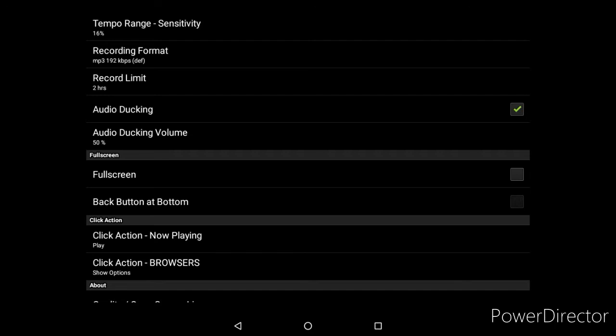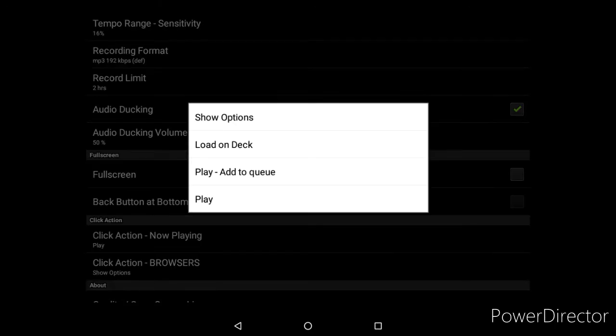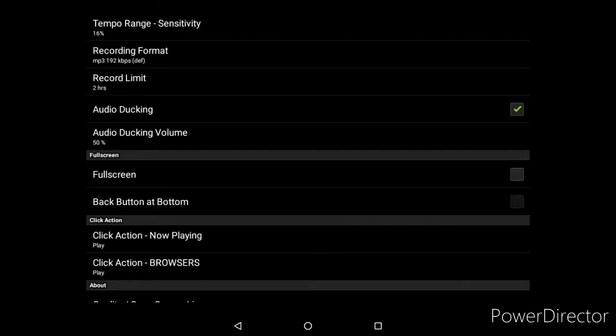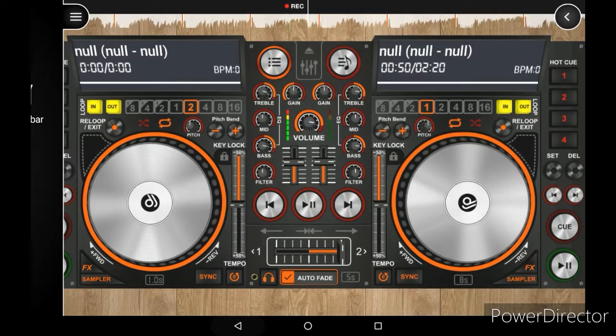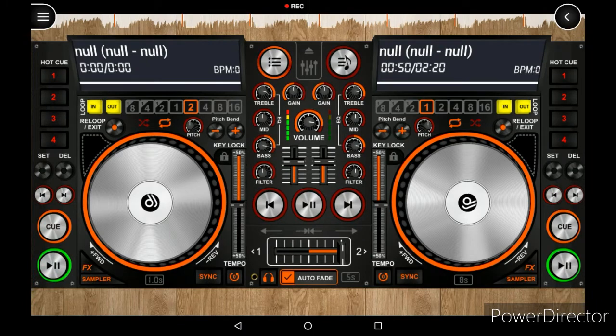you've got show options. I've got it set to show options. Now, if you were making up, say, a playlist, you were doing a gig and you wanted to make a playlist up, so you wanted to skip through the tracks quickly and load them into a list, you can actually change that to play. Okay. Believe me, you don't want that setting on when you're playing a live gig, alright? It'll cause you problems, alright? So then come out of there, alright? Okay. Now if we go back